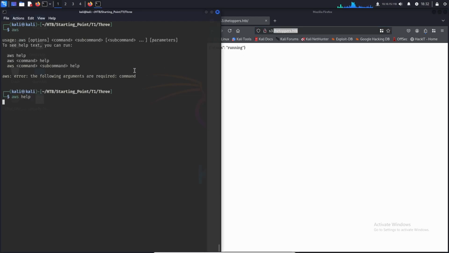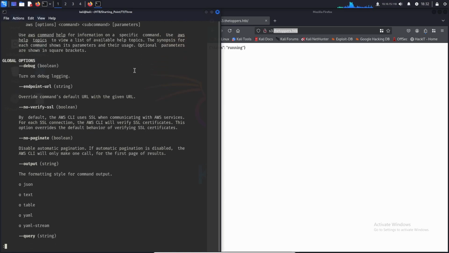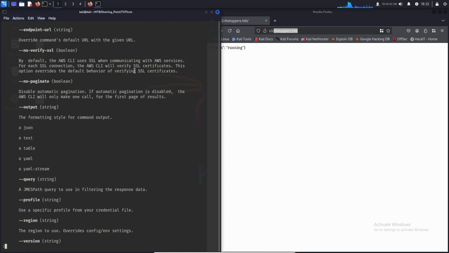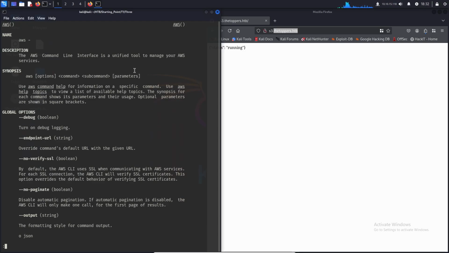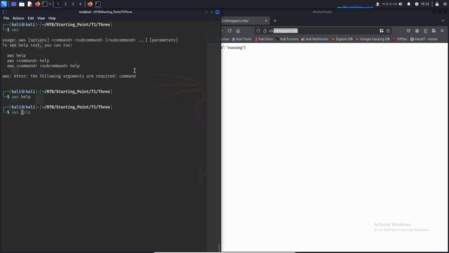So if we do aws help, there is a ton of stuff here. So I'm going to go over just the bare bones of what I've learned, and I don't even know a lot of this stuff. This is sort of new to both of us, so this is going to be a learning experience for everyone here. But to enumerate S3 buckets, you kind of see it autofills there,